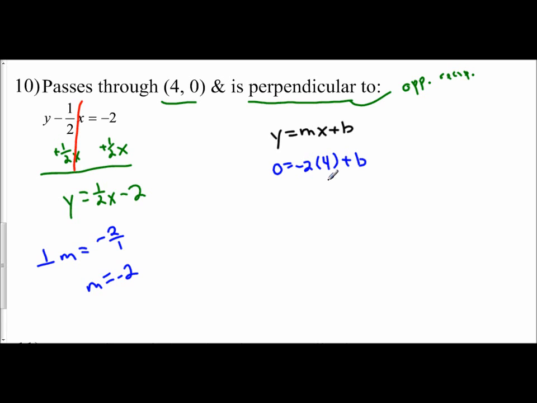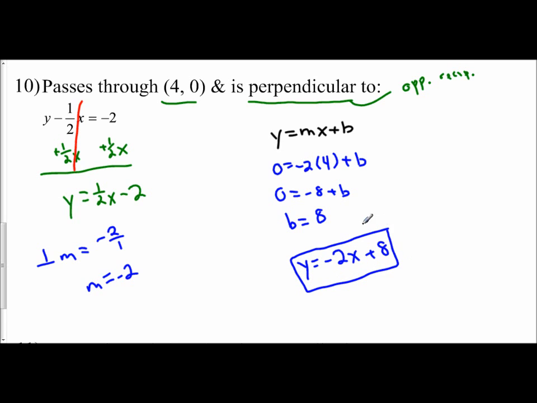And I have plus b. So I'm going to solve for b. 0 equals negative 8 plus b. And so b equals 8. So the equation of the line is y equals negative 2x plus 8. That's the equation of the line that is perpendicular